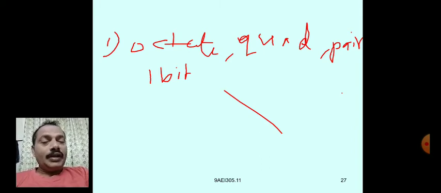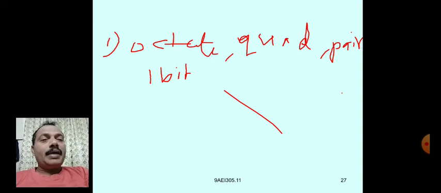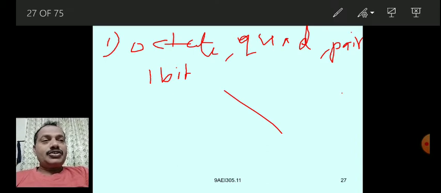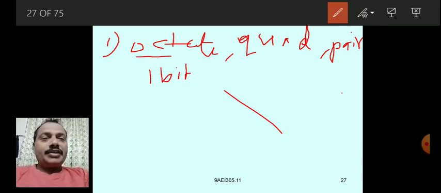Once you have filled the cells, you have to proceed by making groups such that, first step, try to make an octet.